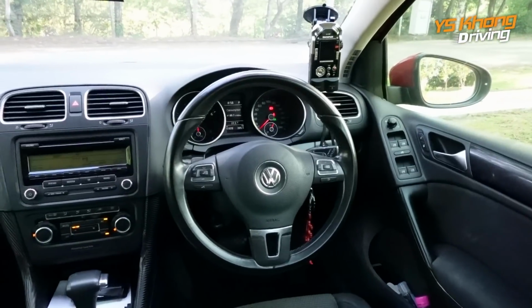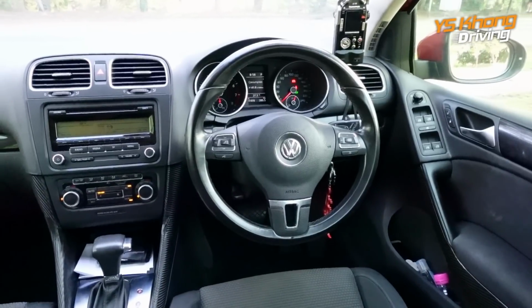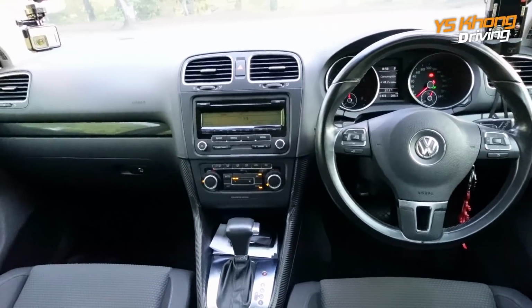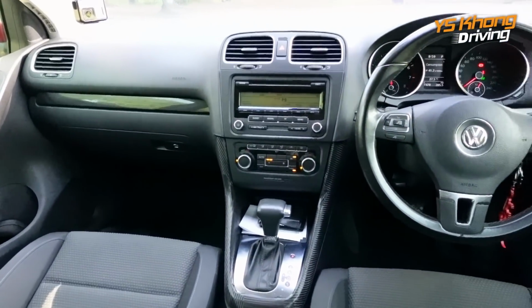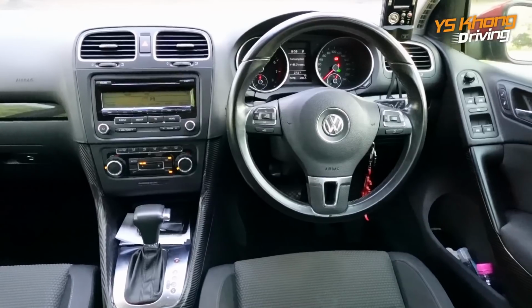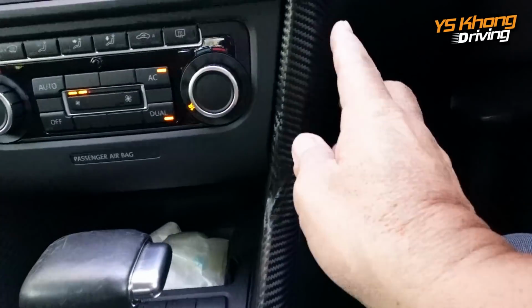Okay, here's looking at the interior of the Golf TSi. After 11 years, the interior still looks pretty nice from here. So generally, it has maintained its condition pretty well. Everything is there, but there are small issues that I want you to look at. Okay, the first of the issues is this